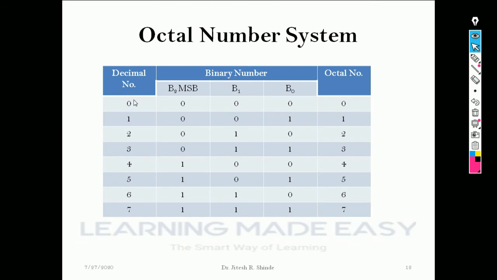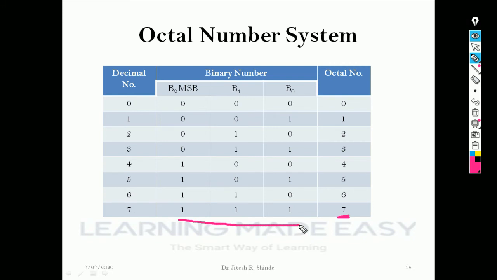Okay, so these are the decimal numbers, this column 0 to 7, its binary equivalents are represented in the next column, and in the last column its octal equivalents are represented. This column gives us the idea of the minimum number of binary bits we require to represent the octal digit. What is the single largest octal digit? It's 7. So the minimum number of binary bits required to represent 7, the answer is 111.